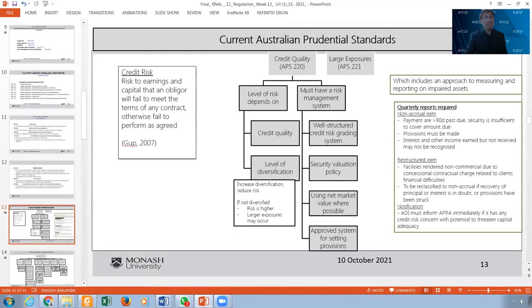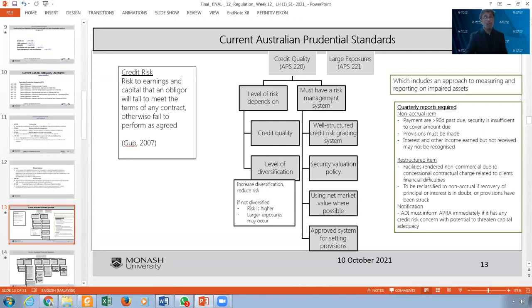220. 220 is the credit risk. And in the credit risk, we want banks, the regulator wants to decrease credit risk as much as they can and control this. So they say you have to have a level of risk that depends on, this is how they see it, the credit quality and the level of diversification. And they want to ensure that there is credit quality when we talk about individual loans, and there is proper diversification also. Now, if these are not really in place, then you have a problem with